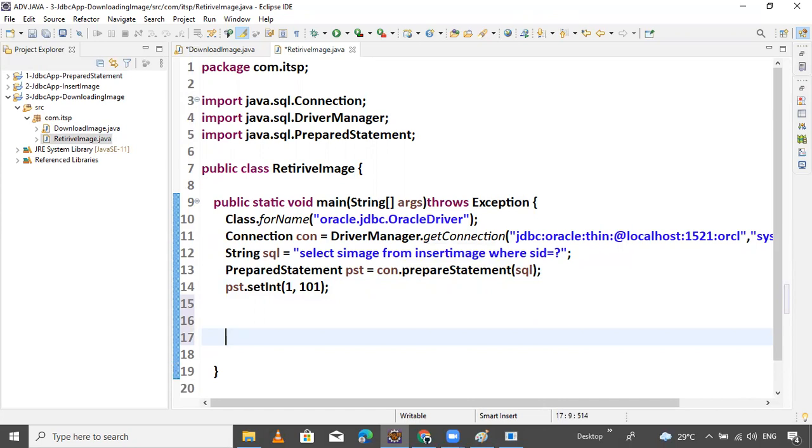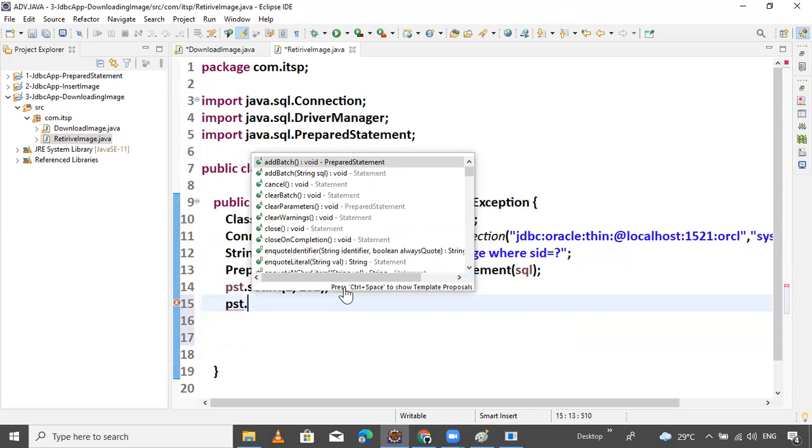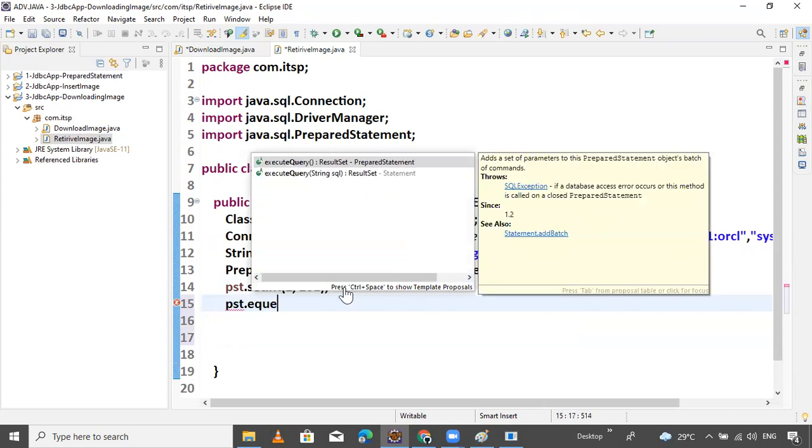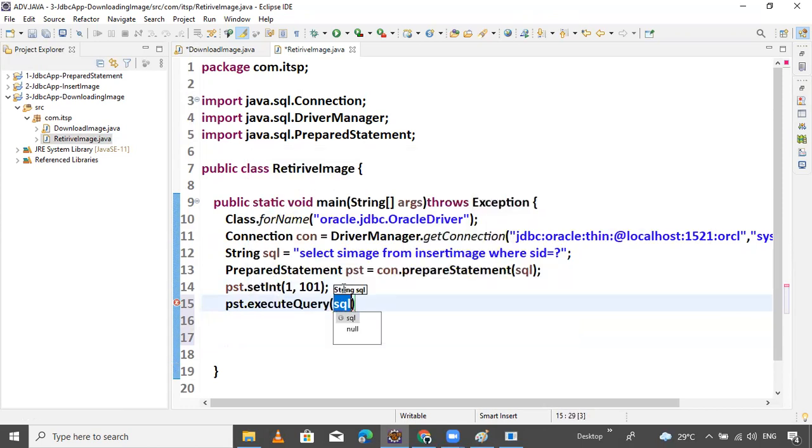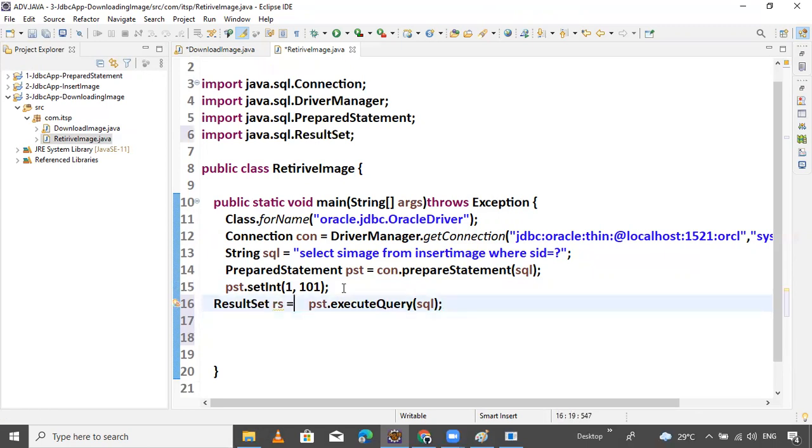So then you get the data. Execute the pst dot executeQuery method, call the executeQuery method and pass the SQL query. That's it. Passing the SQL query and storing the data, initializing the data inside the ResultSet rs. That's it.